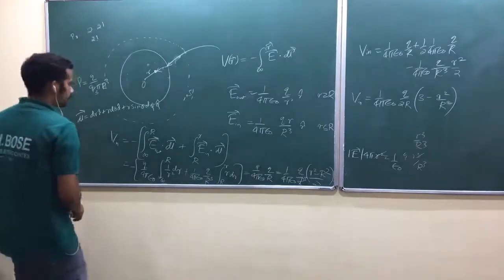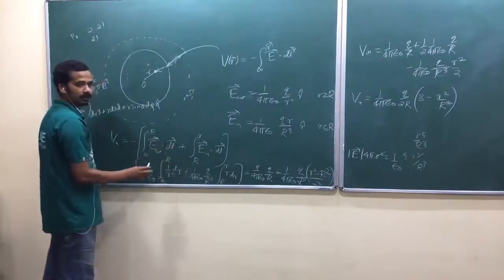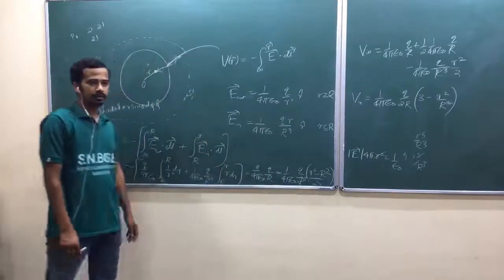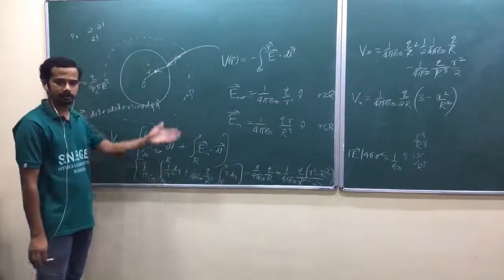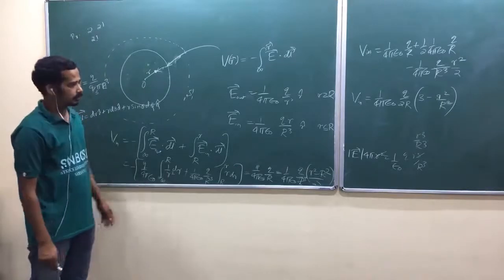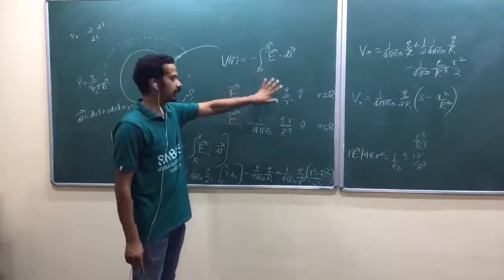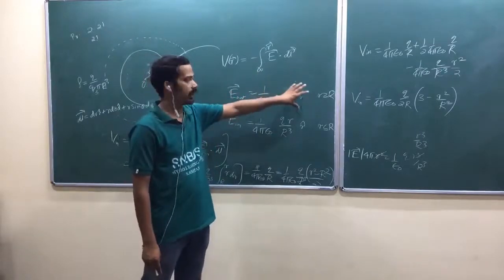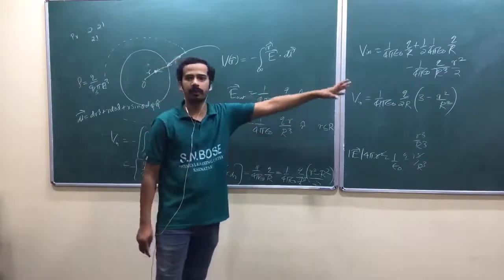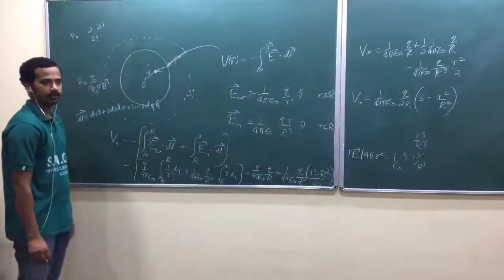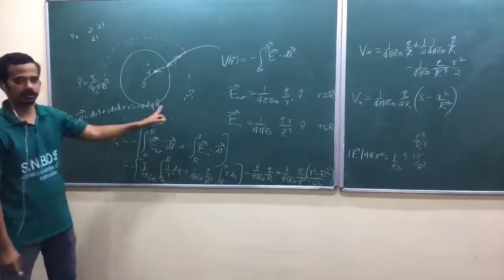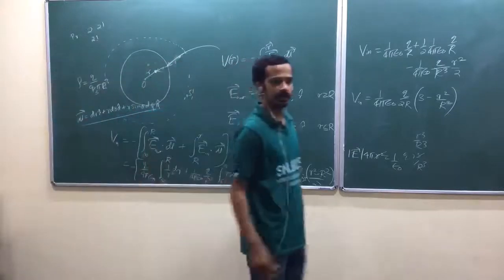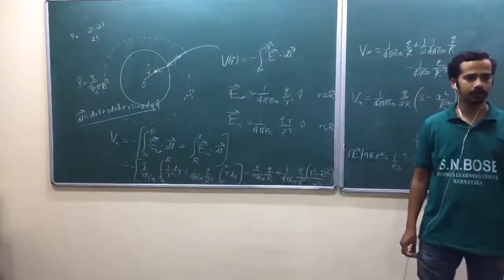Whenever you do a line integral, you have to go for that respective coordinate. Remember, don't do this one in Cartesian. That would be too lengthy, or you may not be able to integrate sometimes. Since your field is written as E_r r cap, the theta cap and phi cap components are 0. You have to treat it like that. Then you have to take dl vector, again, in spherical polar coordinates, the infinitesimal displacement. You have to take that one.